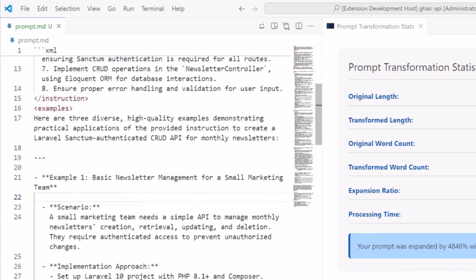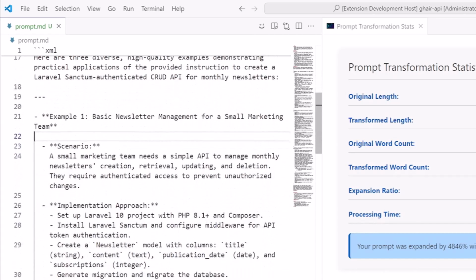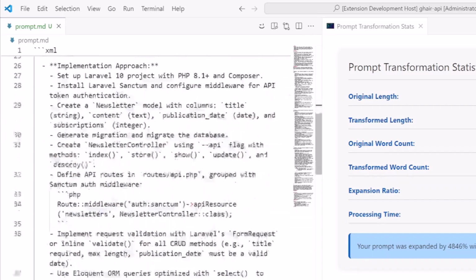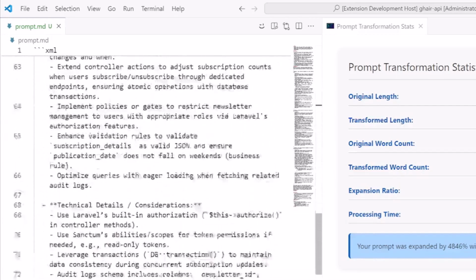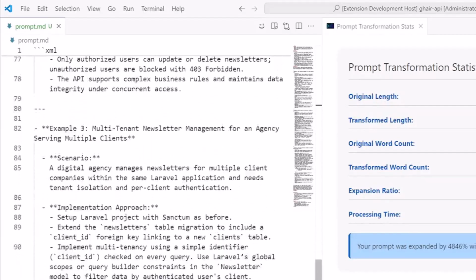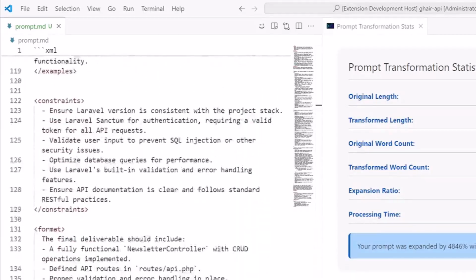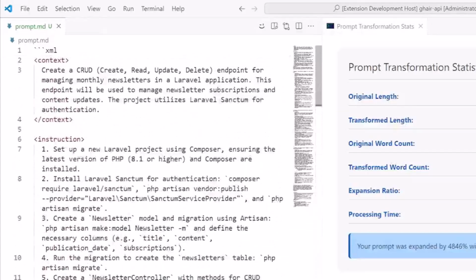Here are 3 diverse examples. We have example 1, so it created a scenario, the approach you should take, the implementation requires technical details. So it gave us 3 examples. Now our prompt is more structured, more condensed with lots and lots of examples. If I give this to an LLM, GPT-4, GPT-4o, o3-mini, I expect Claude, I expect to have